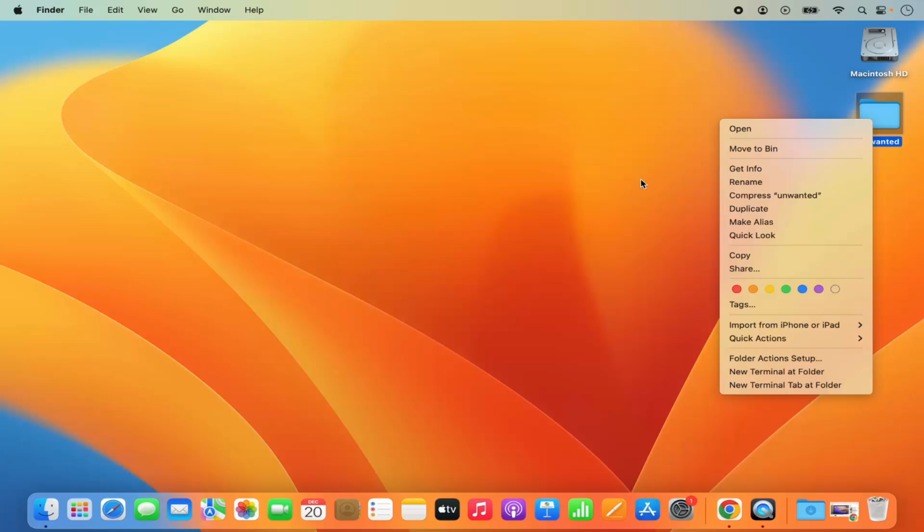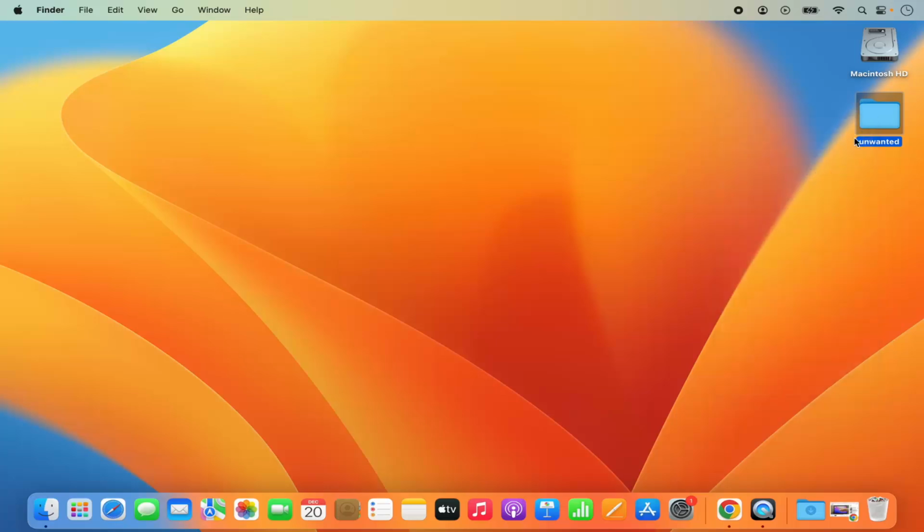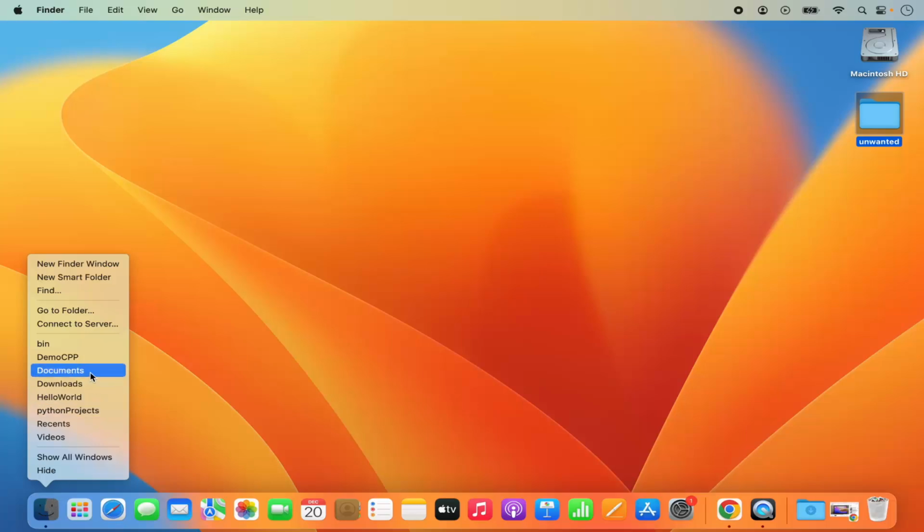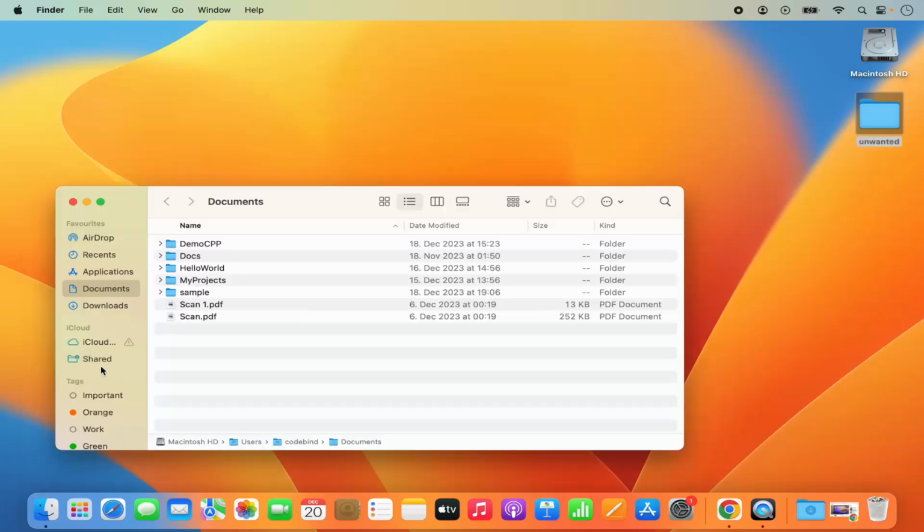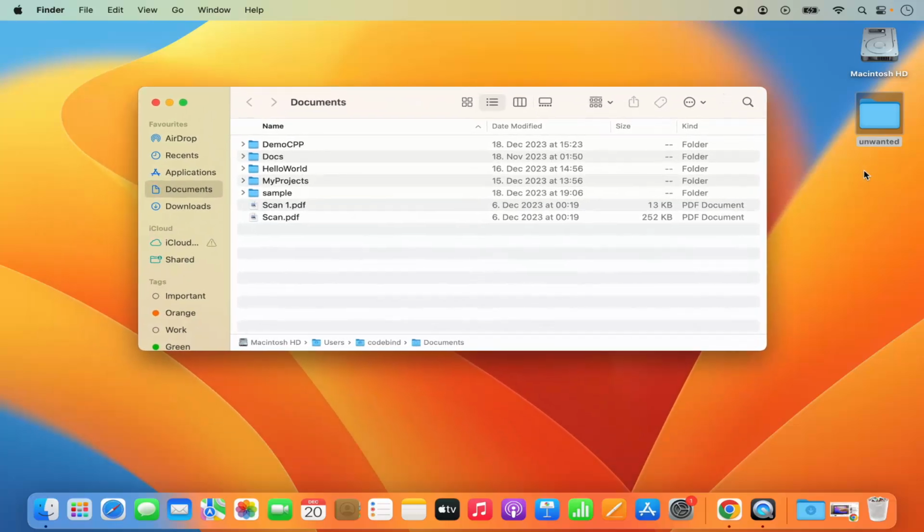So in order to remove it from the desktop, what you can do is open the Finder. So right click on the Finder and then open any folder in the Finder. For example, I want to move it to the Documents folder. I'm going to open the Documents folder here. And then once the Documents folder is open, I just need to select this folder which is on my desktop